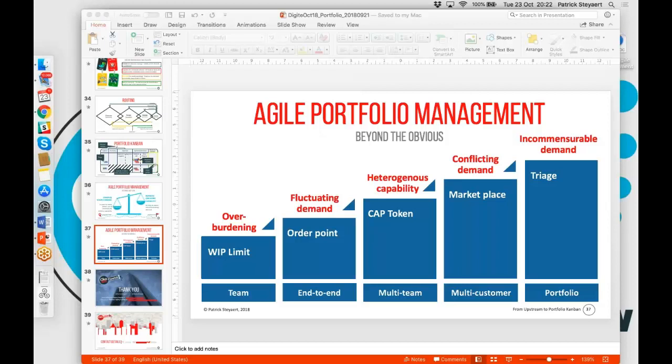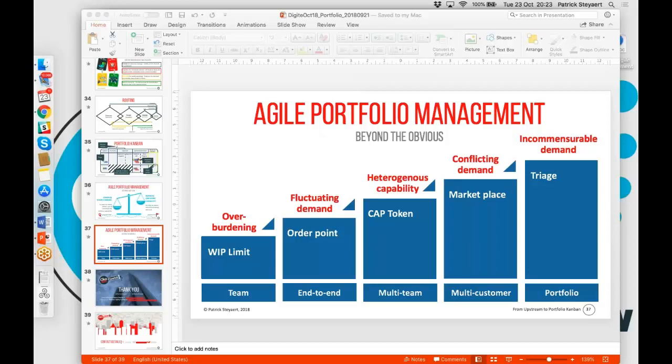Quick response manufacturing is targeted at jobs where each job might go through a different route through the shop, through the production system. And so the cap tokens were inspired by that.